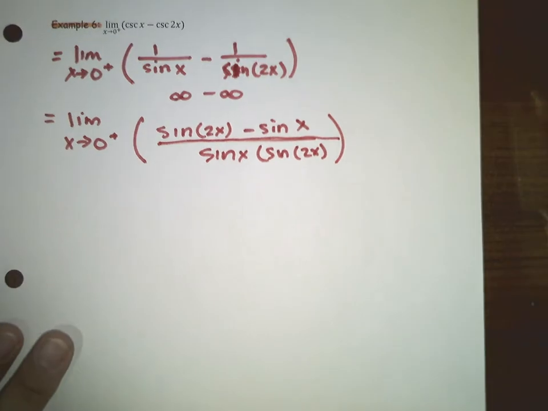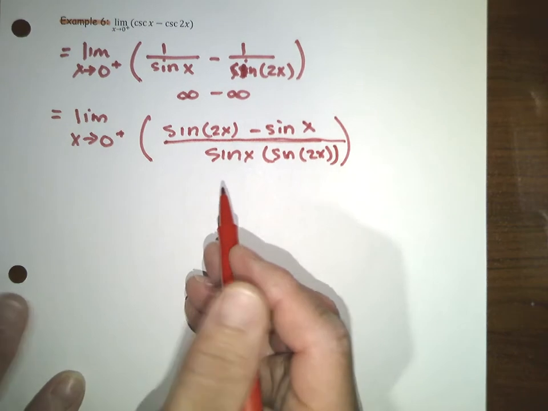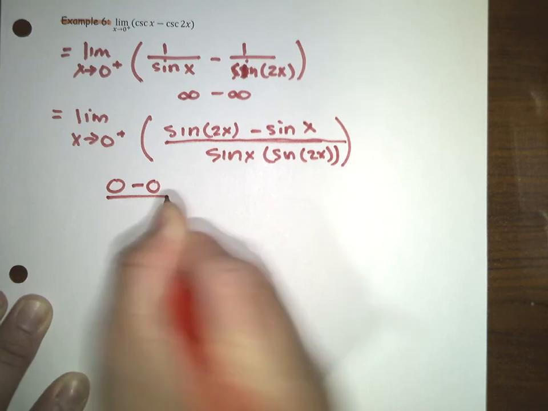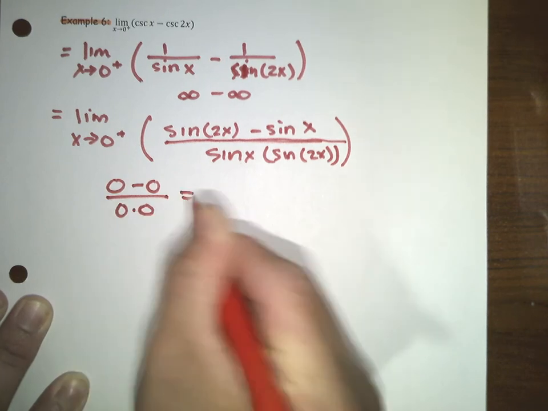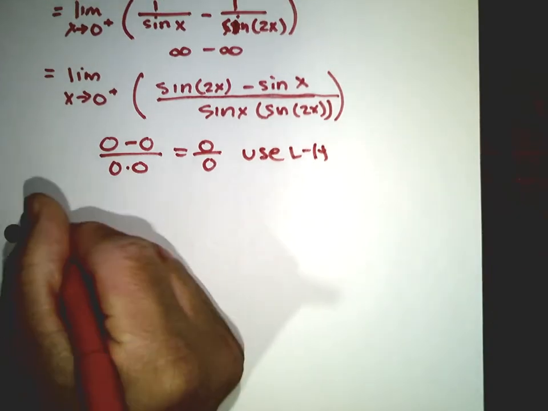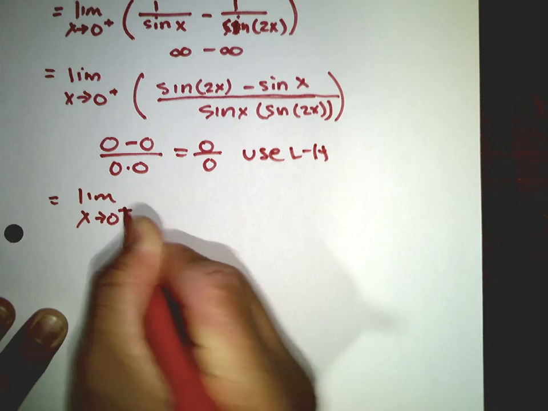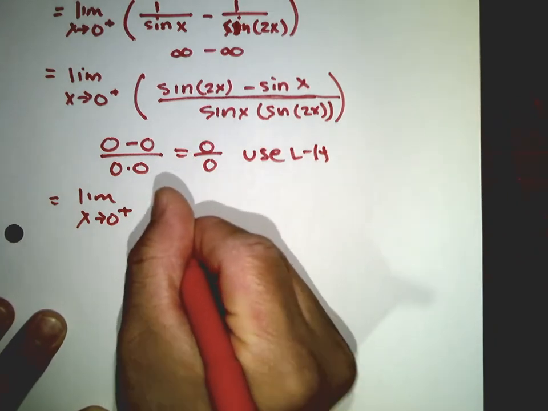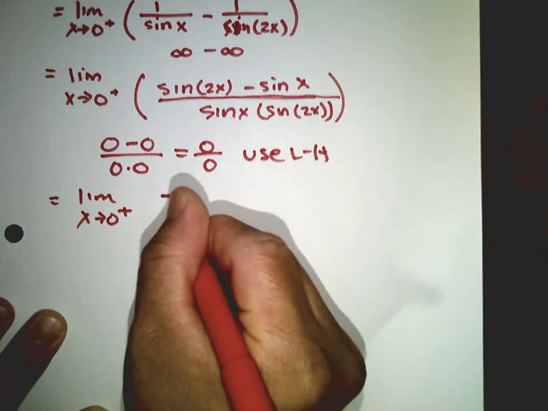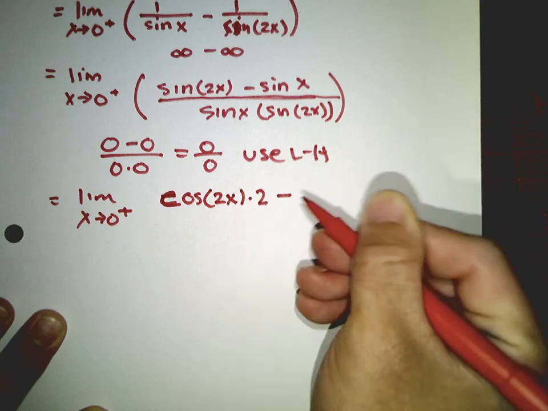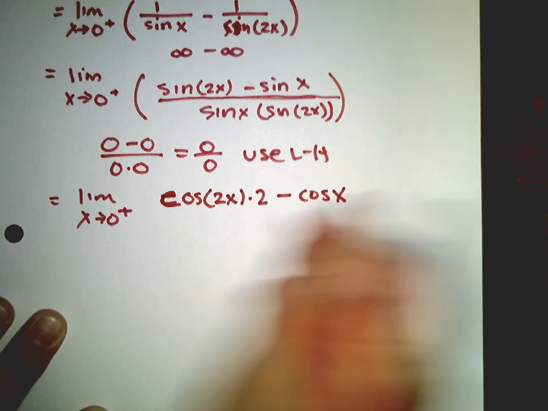And then let's see what we have here. In the numerator, we have 0 minus 0, and then the denominator 0 times 0. So we have 0 over 0 form, so we can use L'Hopital's rule. So we have limit as x approaches 0 from the right. The derivative of sine of 2x will be cosine of 2x times 2, then minus the cosine of x, all over